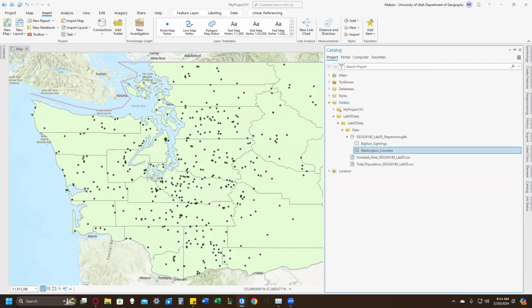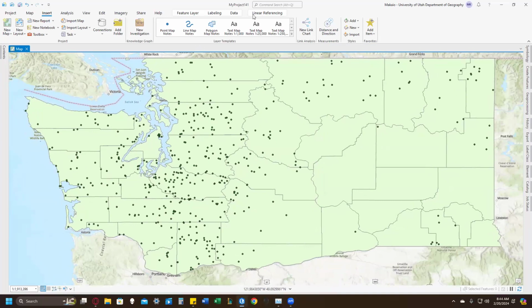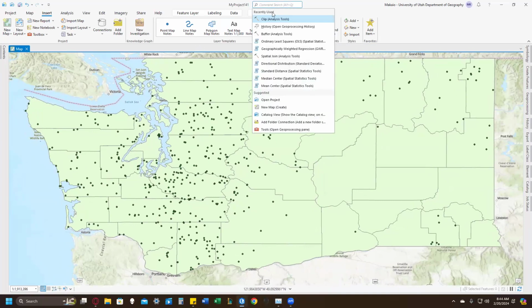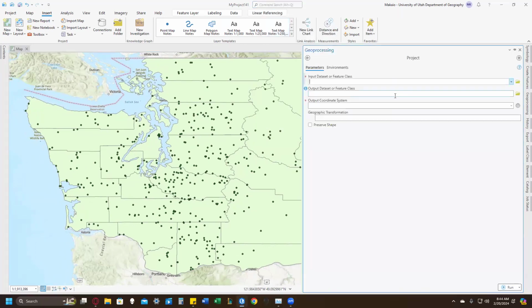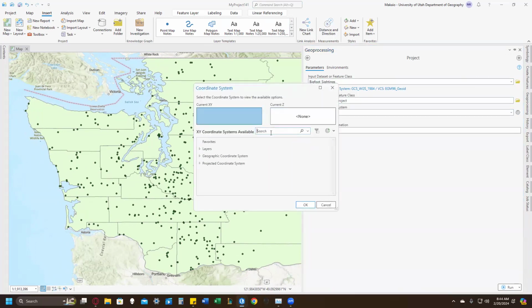Looking at one, we're asked to load our Sasquatch sightings and the Washington counties feature. B, we need to project or change the coordinate system for both feature classes that we added to our map. So we're going to use the project tool. Management tools, Bigfoot sightings, Bigfoot project. We go here, we'll search for